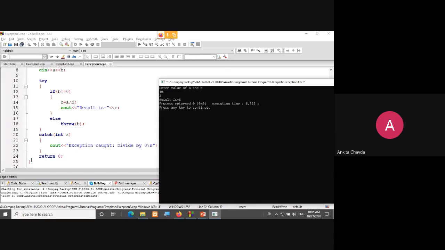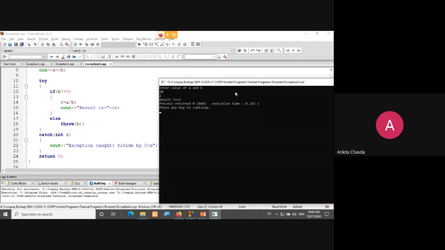If there is an error, then and only then it will go to the catch. It is not like that every time whenever I have written something inside the try block, catch will be executed. No, it is just a kind of if and else. You can imagine, if the error is over here in the try, then and only then catch will be executed. If there is no error inside the try, then it's fine, your program will be executed normally. That's it.